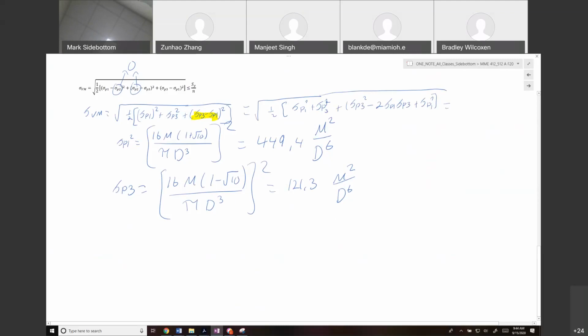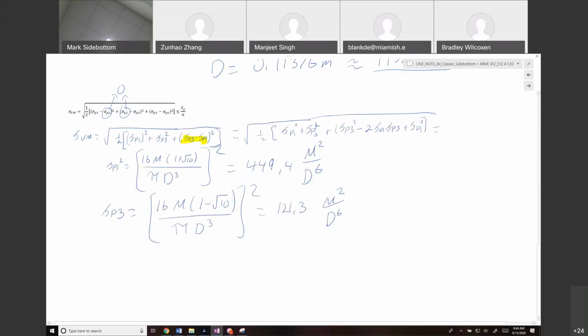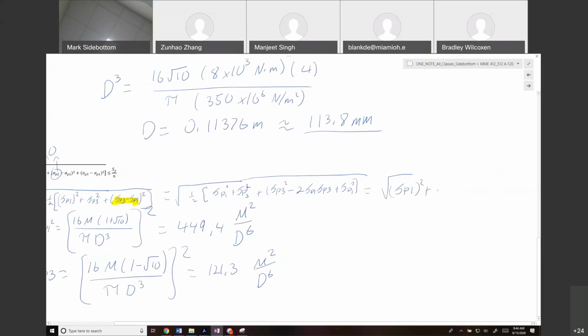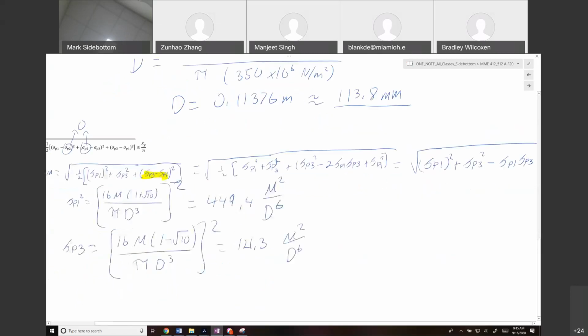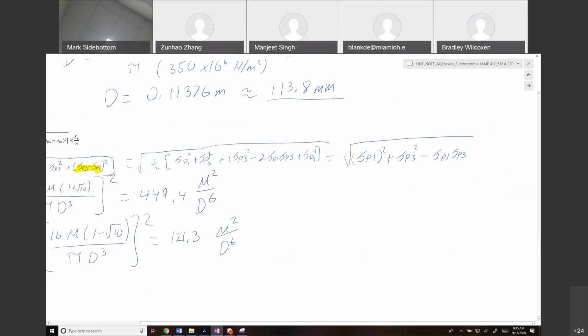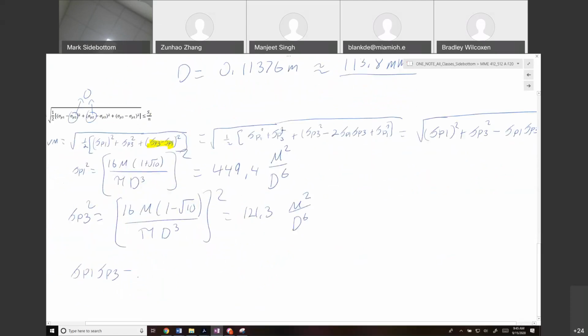So what this ends up simplifying down to is just the square root of sigma P1 squared plus sigma P3 squared minus sigma P1 times sigma P3. So the last term here would just be sigma P1 times sigma P3, which would be equal to 16 times the moment over pi d cubed, times 1 plus radical 10 times 1 minus radical 10,